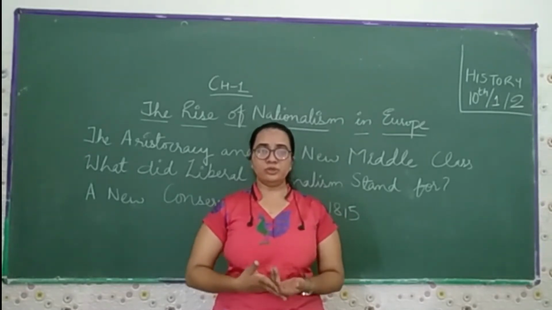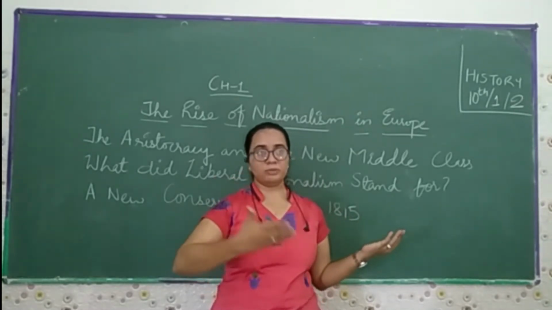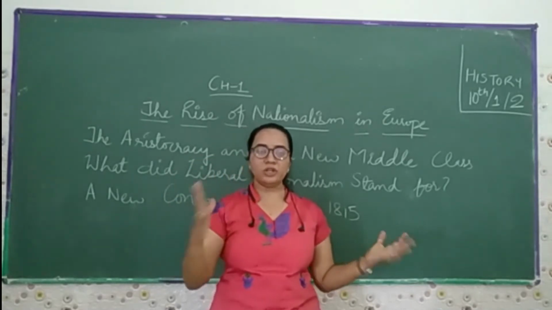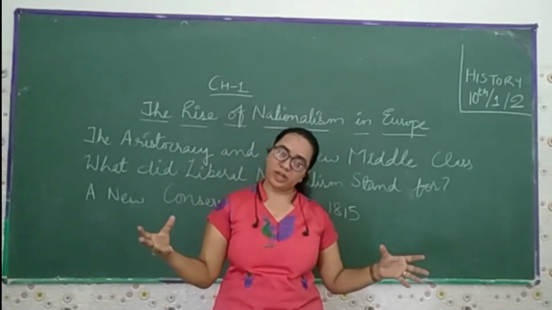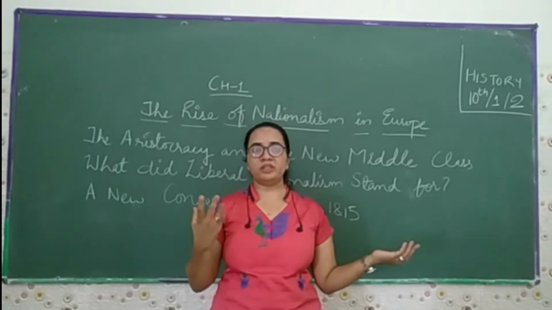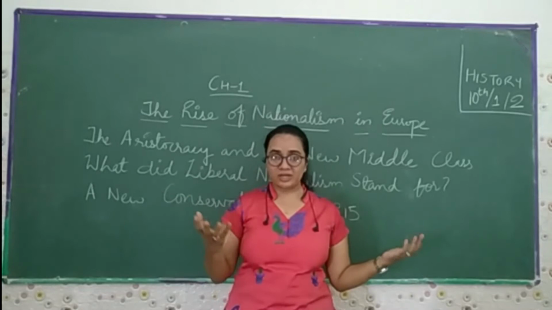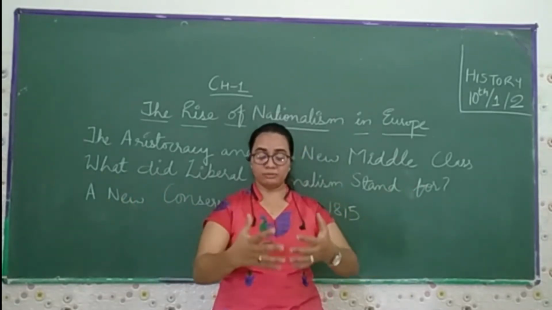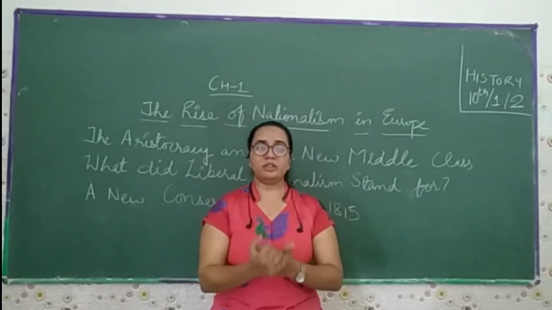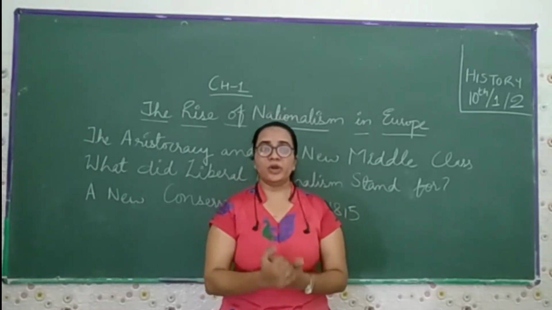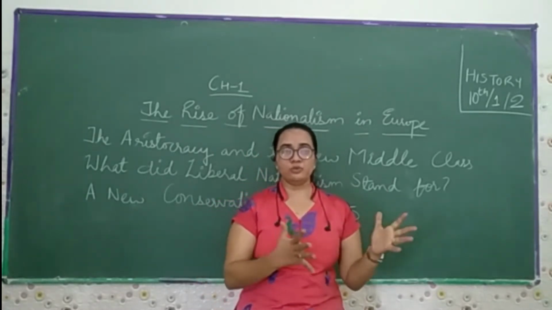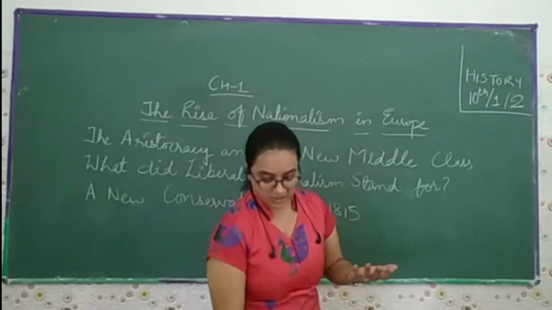Later we come to know that if we talk about Germany and Italy, earlier they were not united. They were divided into different kingdoms, and most of the people spoke German, Italian, and different other languages. So people thought about how to make this country united, how to achieve political unity. We can see that there was such a vast difference there.